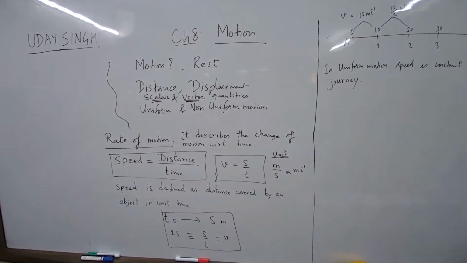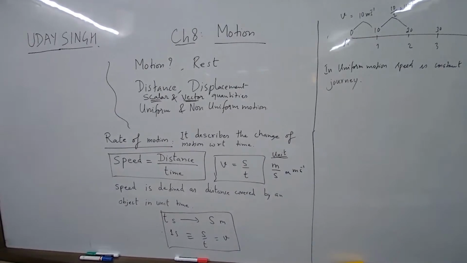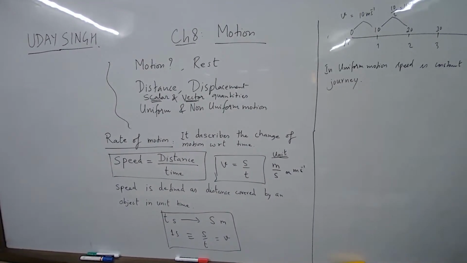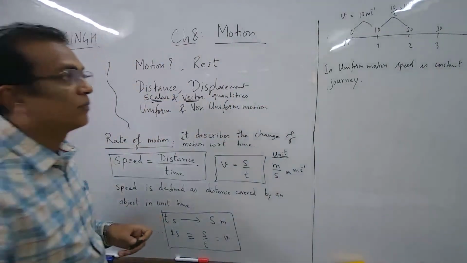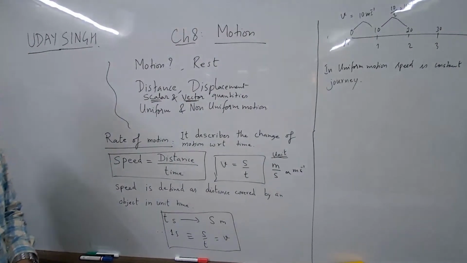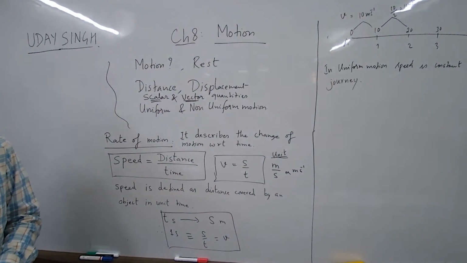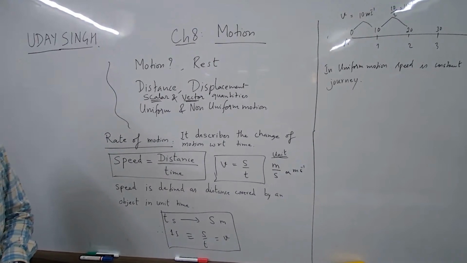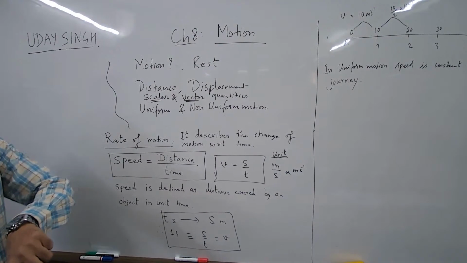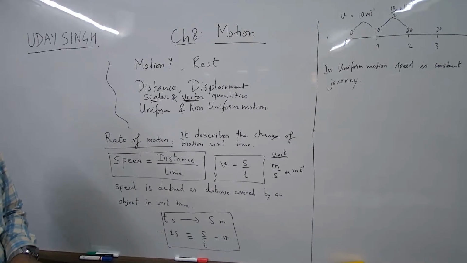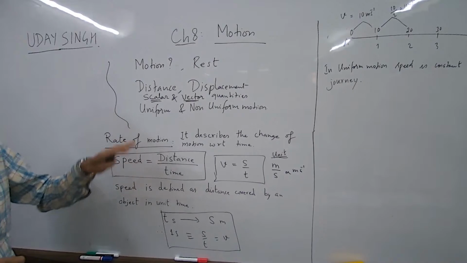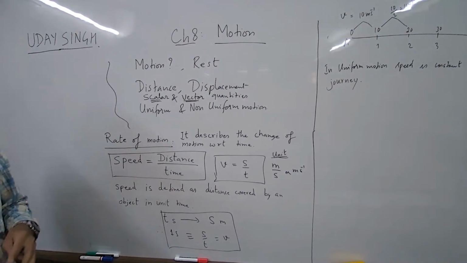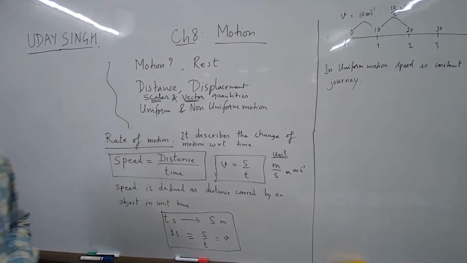The journey is between the initial and final position. So this is also called the destination, and this is called the starting point of the motion. Okay, so any explanation you need till here? Now we have very little time left, so I'll ask you questions so that you answer. I will judge whether you understood it correctly or not.